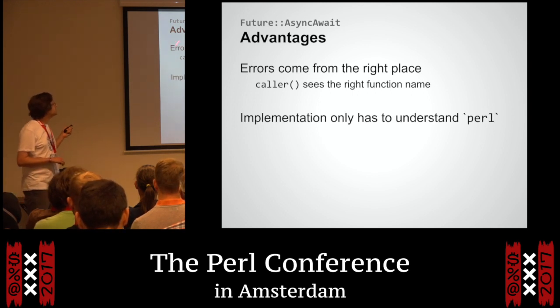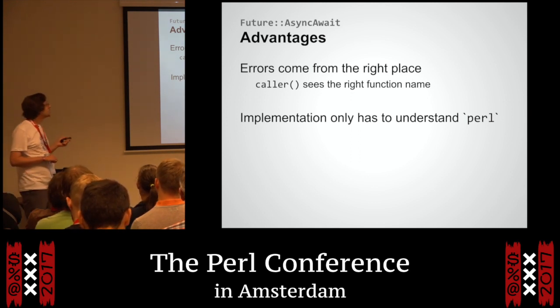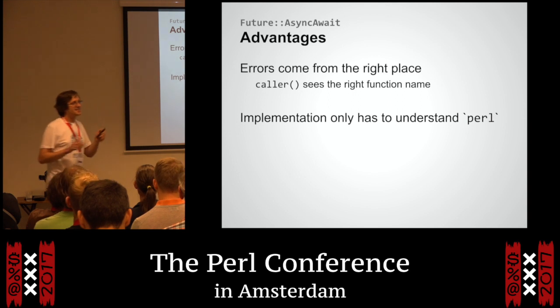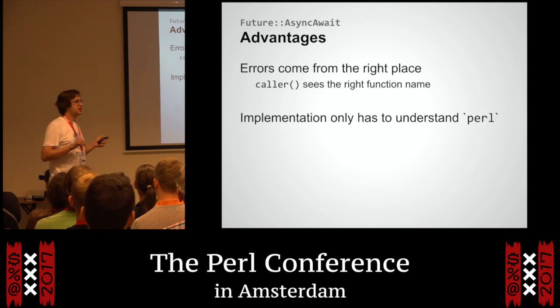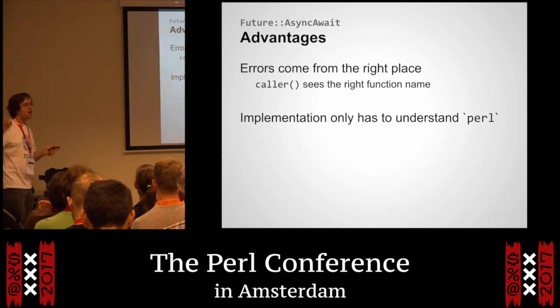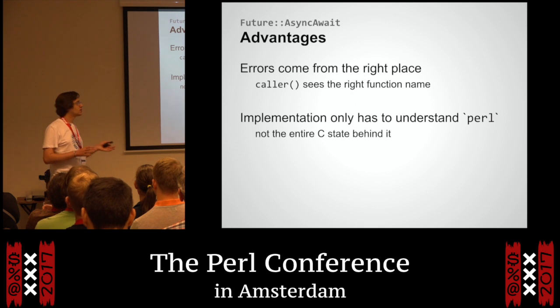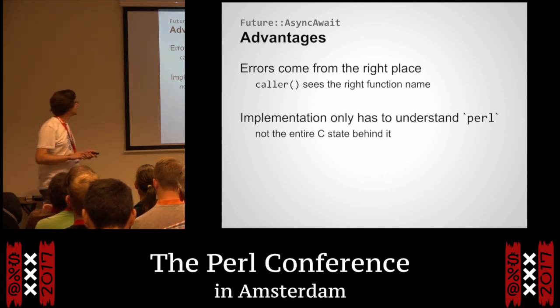And possibly the biggest advantage for this implementation is that to actually write this implementation, I only had to understand the innards of Perl. Now, I say only, relatively. I did have to understand a lot of the internals, but I only had to read a bunch of .c and .h files in the Perl core source code. And they are there, they are visible, they are public, and there's only one of it. I don't have to understand anything about the C mechanisms underneath it, which means I don't have to know or care what GCC or LLVM or any of the other C compilers, or the weird HP C compiler that does things that NonStop has no idea about.